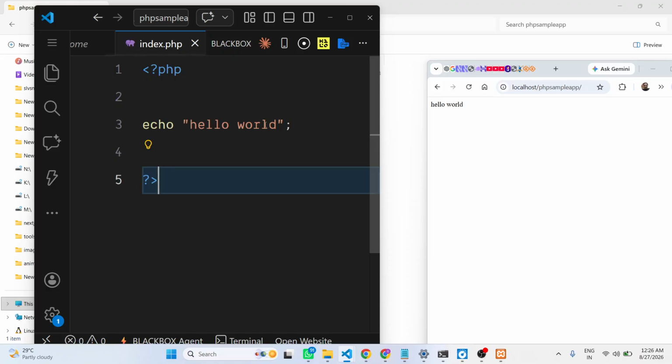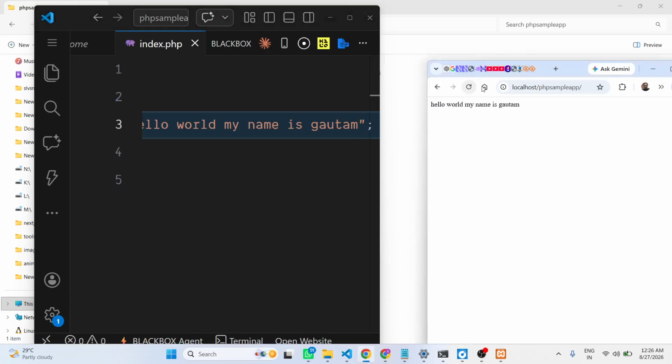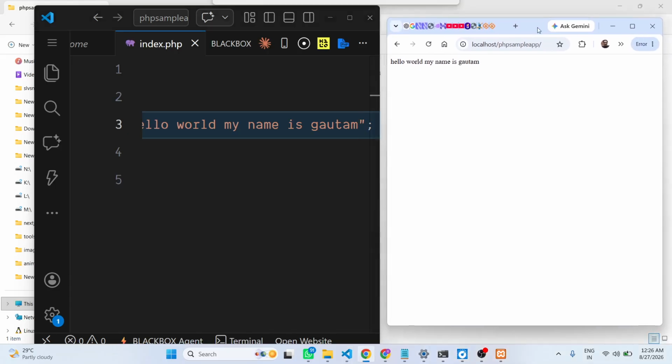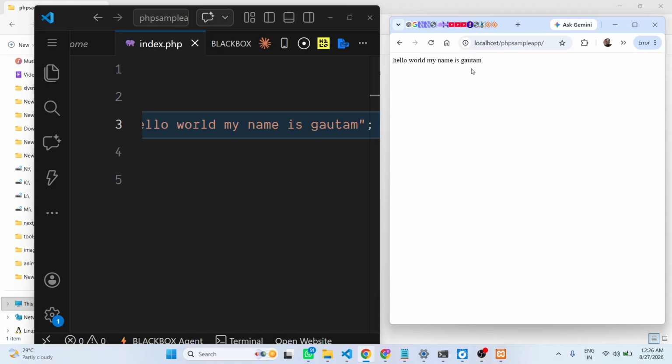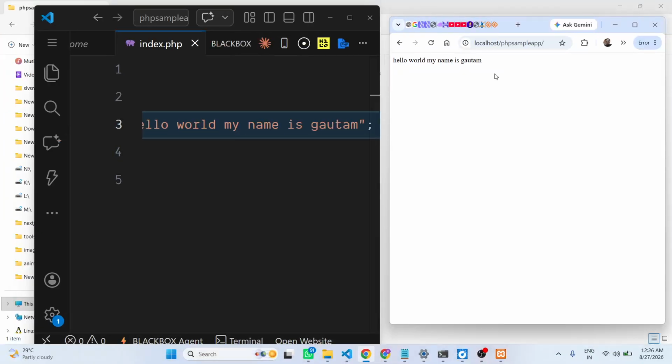If I change it, let's suppose hello world, if you make any kind of changes, again you need to refresh the page. It is not hot reload. You do need to refresh the page for updating the changes. So you will see hello world, my name is Gautam. This is a complete setup, guys, how to run your first PHP application in VS Code with the help